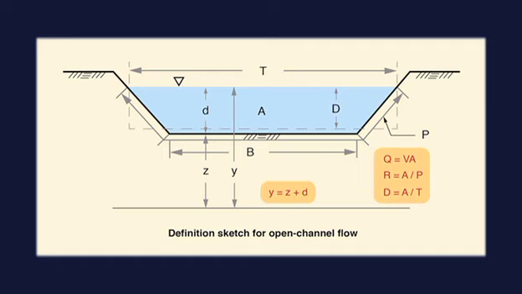Stage is the elevation of the free surface. Stage is also referred to as y, particularly when it cannot be confused with the depth of flow. The channel bottom elevation, with reference to an arbitrary datum, is referred to as z. Thus, the stage or water surface elevation is